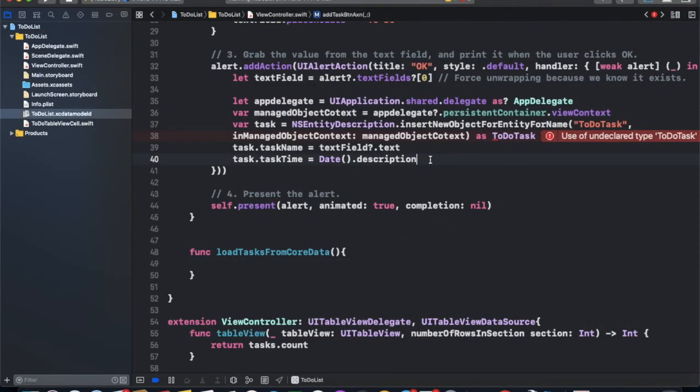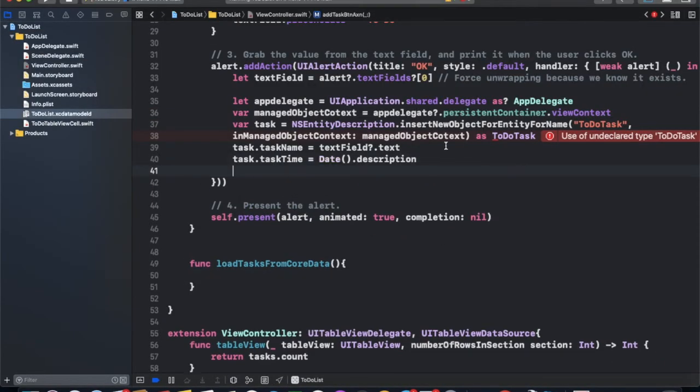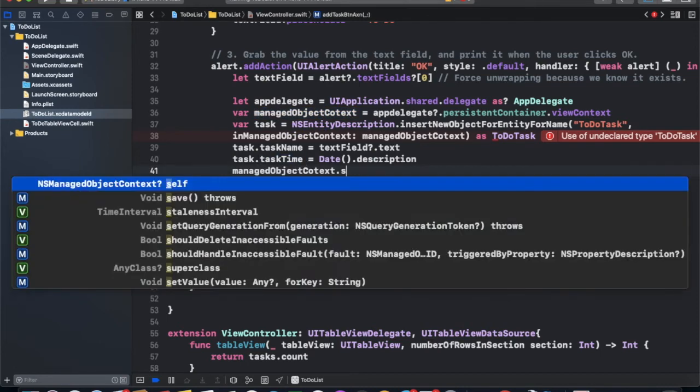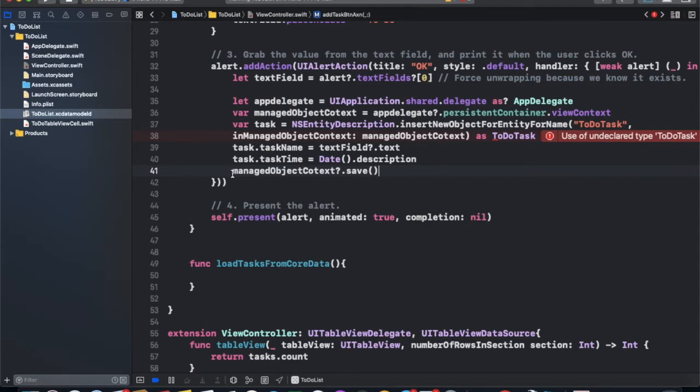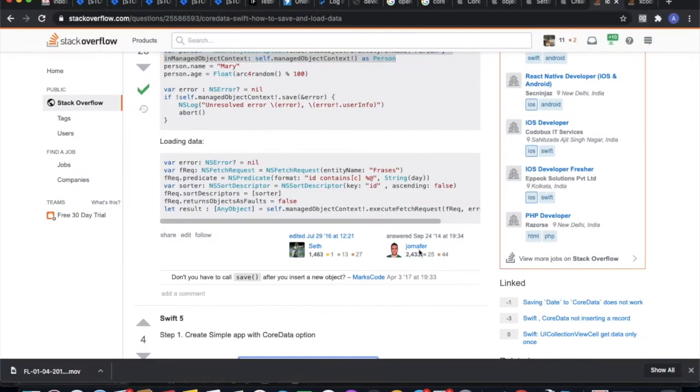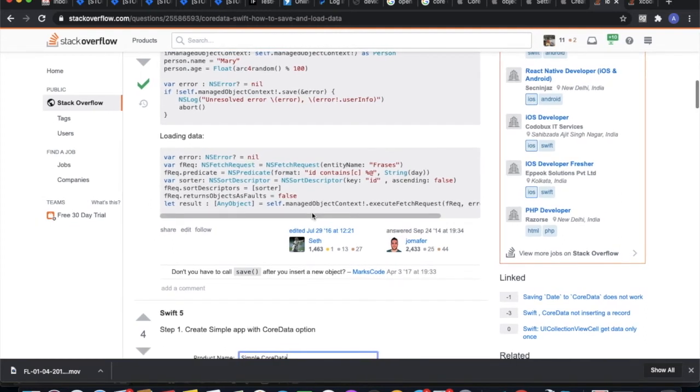One more thing, you need to save it. Saving it. Let's go managed object context dot save and we try. Just copy paste it, and I will explain what it is doing in that.